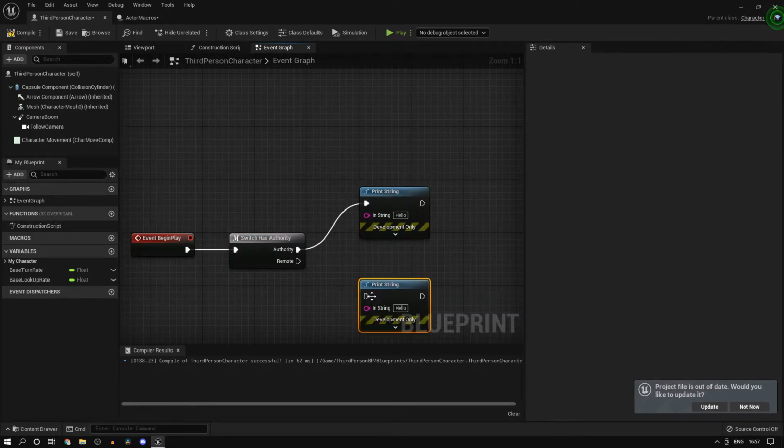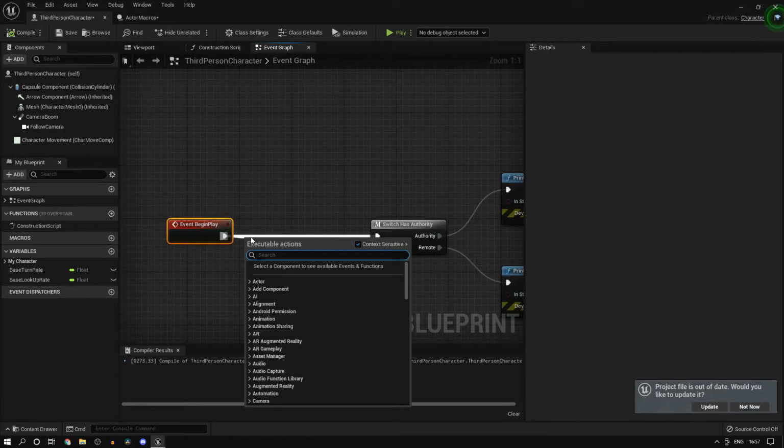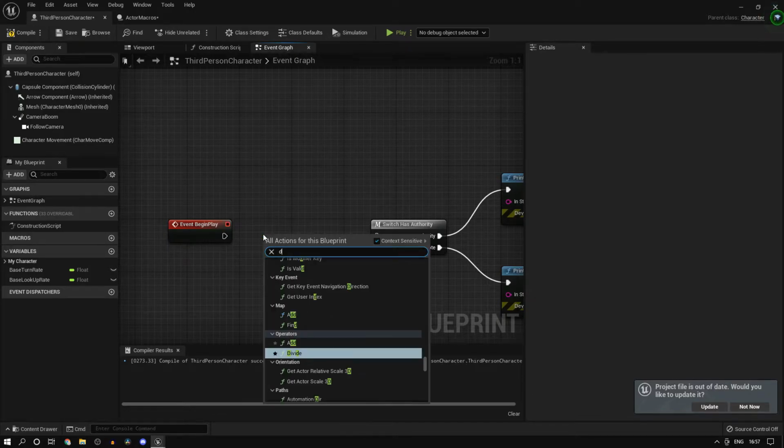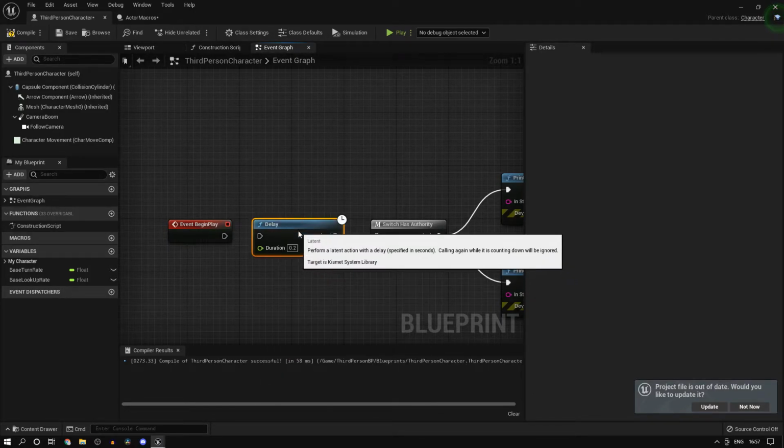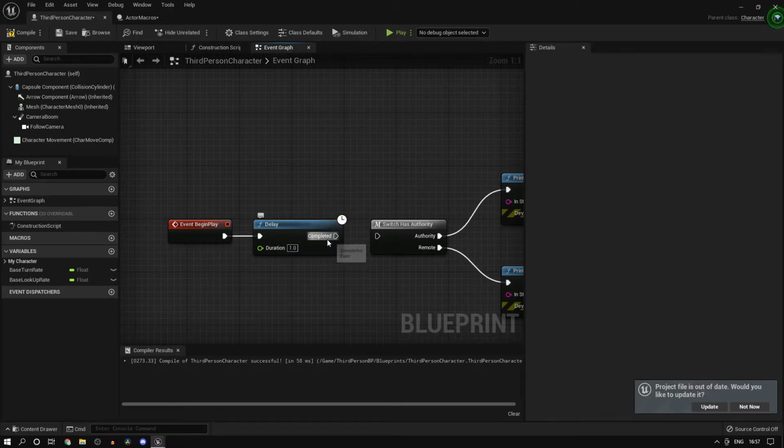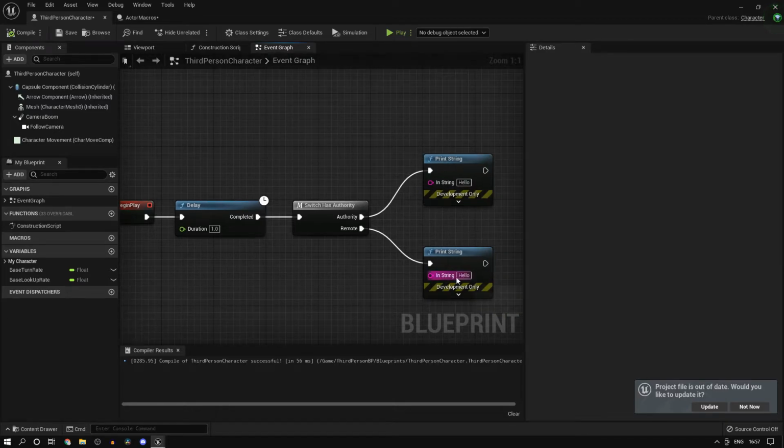So if I just print a string, once again, and remember guys, when you perform a begin play, no, don't destroy that, that's the worst thing you could do. Add a delay of, let's say, about a second. This is because even if the actor has successfully spawned on the server, it does not mean that it spawned on the client. There will be a bit of delay till the packets reach the client, and as we saw in the presentation previously, it's a remote computer, so things will not be instantaneous. It will depend on the person's internet speed.